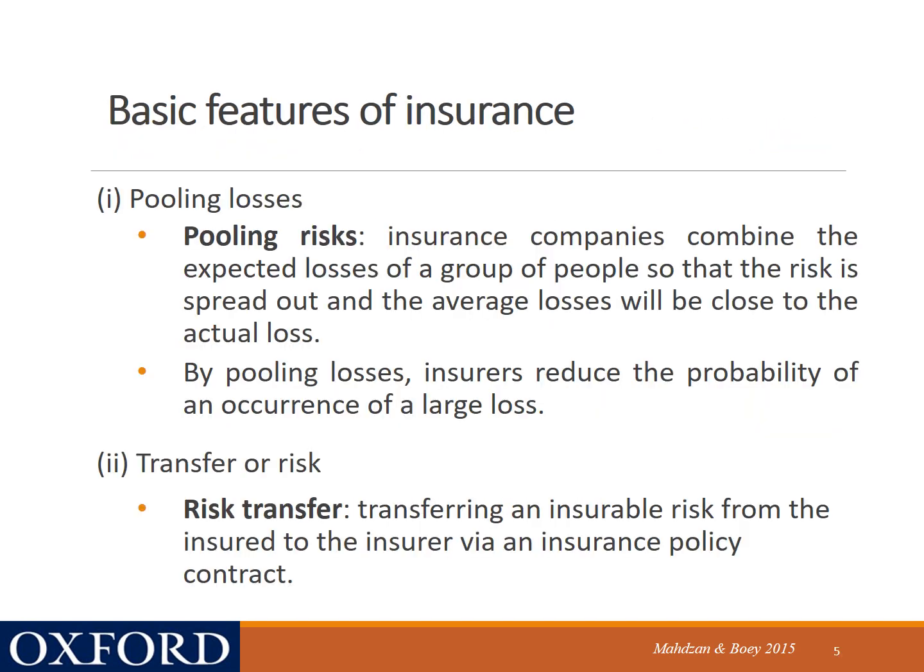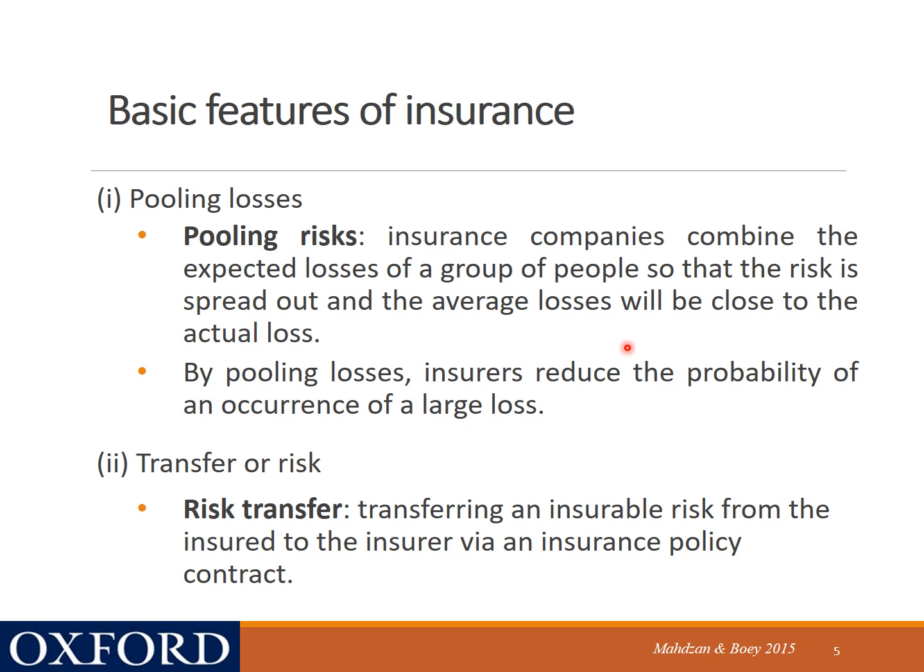Okay, so the first one is pooling risk. We have learned about this concept in chapter 3, the previous chapter, whereby we learned that pooling risk is a method in which insurance companies can combine the expected losses of a group of people so that the risk is spread out and the average losses will be close to the actual loss. So by pooling risk,